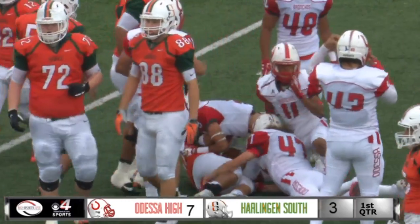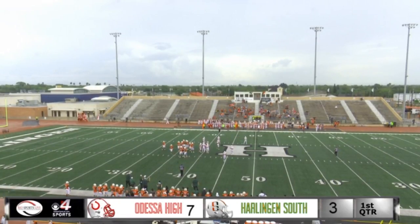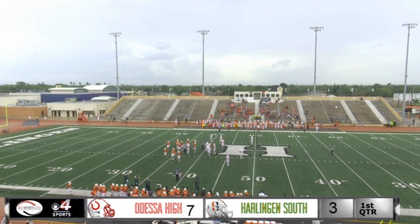He'll hand it off there to number 11. That's Emilio Quiroz. On the stop, number 47, it'll be a couple of yards gain there. Third down and 5-4 coming up. Third down. And that's the first time we've seen the Hawks